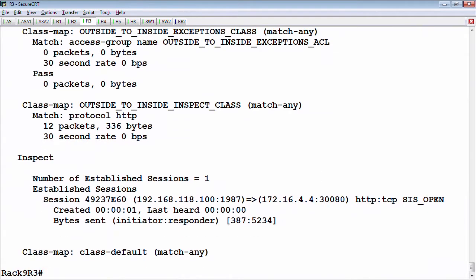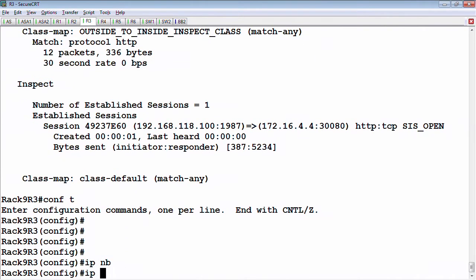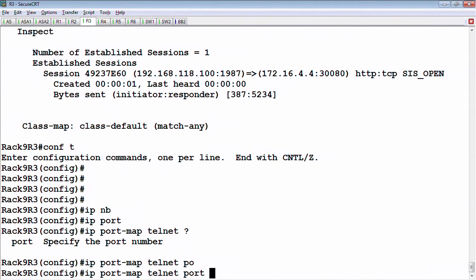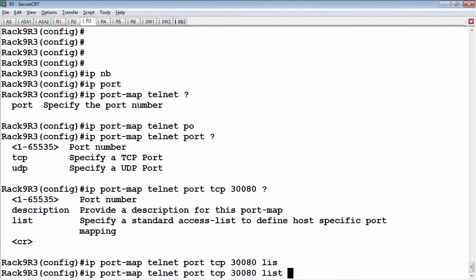Now this would also allow you to have some other protocol that is overlapping the port number of 30,080 as long as it was going to a different host address. So for example, I could say that on router 3, I have an ip port-map for telnet, and the telnet port was TCP 30080. But if this was going to a different host on the inside, then this is going to be valid